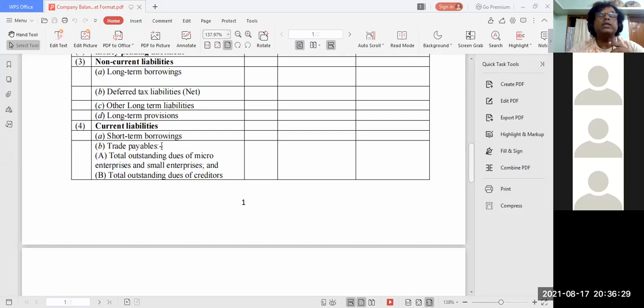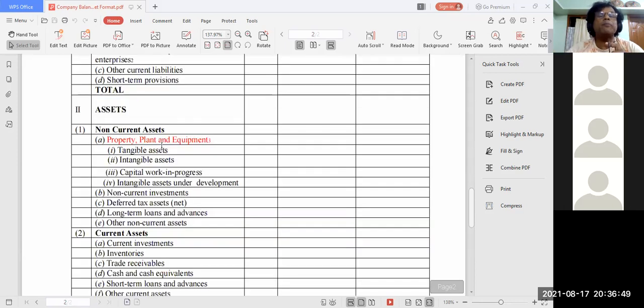The more you study these things, the question will come, sir, where will each point go? Like in the balance sheet of partnership, when I asked where prepaid expenses will be written, you said, sir, balance sheet asset side. I said correct. But here you simply don't have to say balance sheet asset side. Under the asset side there are two things: one is non-current asset, one is current asset. So you have to specify where. Prepaid expenses will be under current asset.